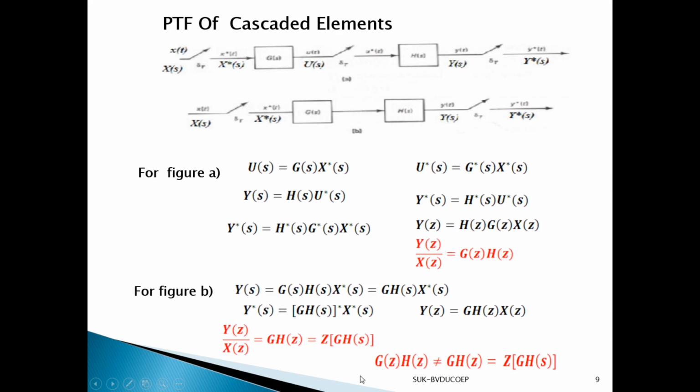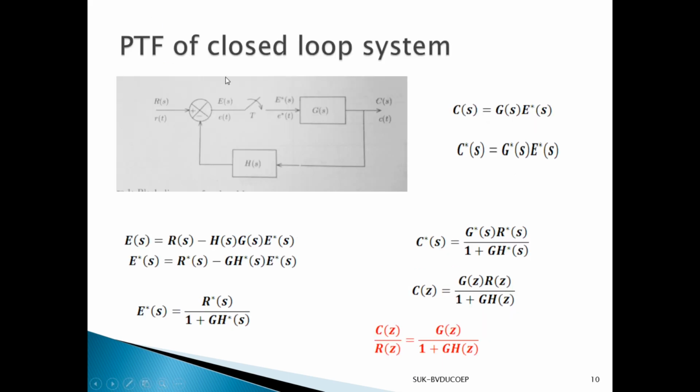This is very, very important, so I have considered it, because that type of thing will always appear in the plant. Wherever I put the sampler, accordingly I have to consider and then calculate the stability. So I am considering the closed loop system, because generally we have a closed loop control system. So what is here? Input is a continuous time signal, output is also a continuous time signal. It is fed back and the error is sampled, and then the control action is taken on the plant function, and accordingly it is working, because generally it is like that closed loop system. So there is a sampler here.